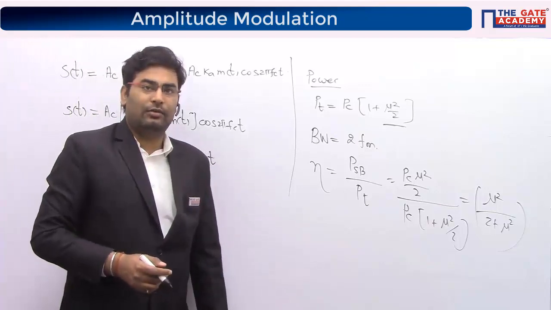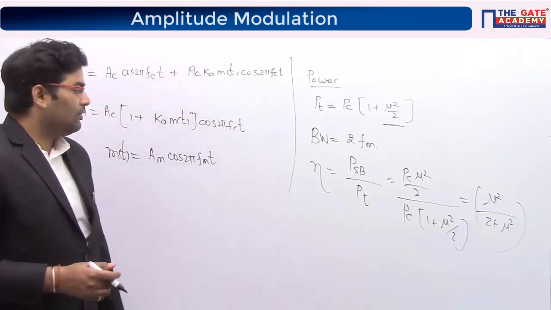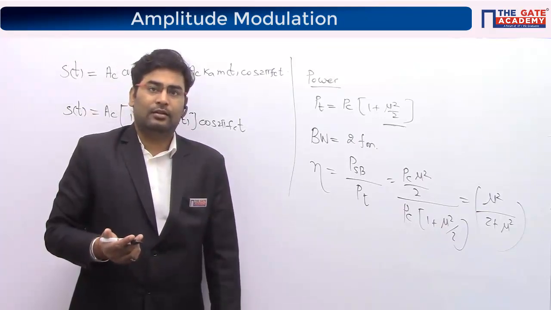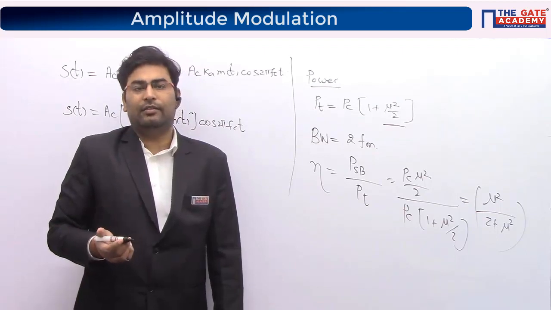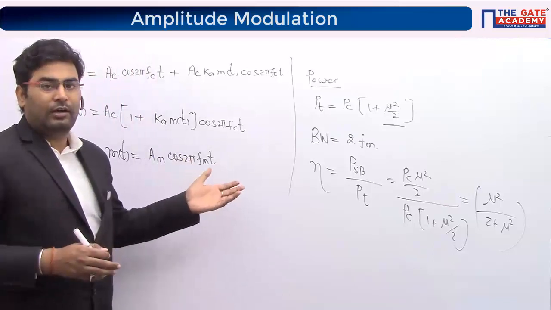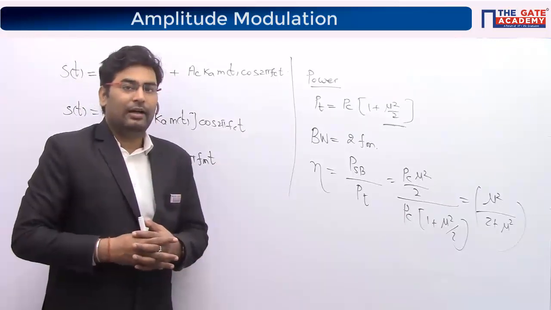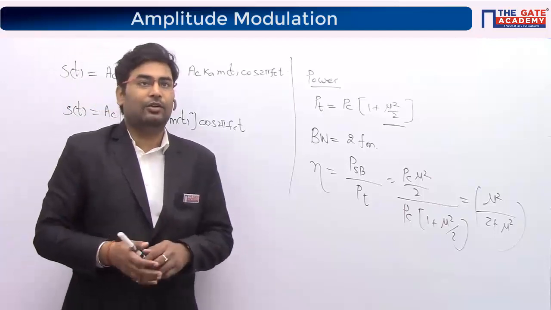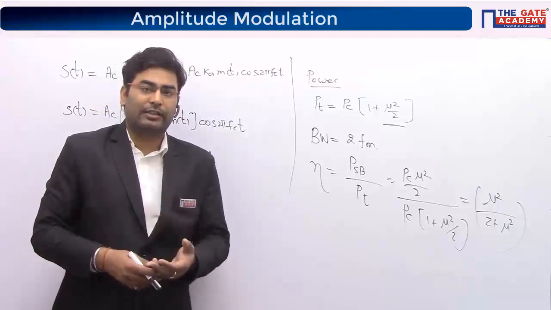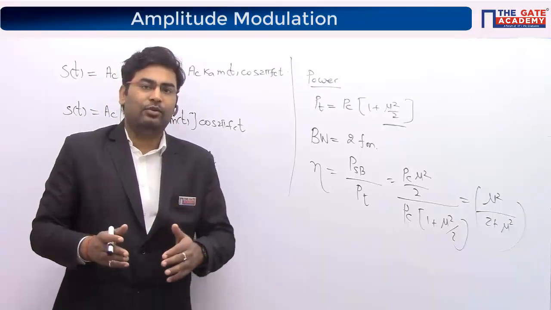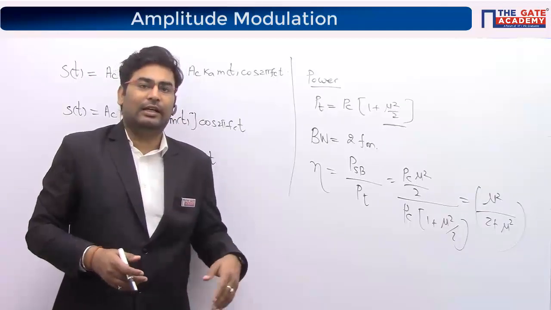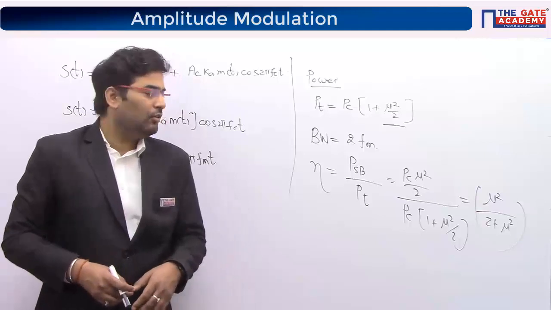I guess I also solved one question. That's what I recall. So guys, today's class agenda: today we'll see how we can use multi-tone modulation of AM, how we can take more than one frequency. After that, we'll do generation of AM signal, which I have mentioned on the top. So how we can generate AM signal, how we can do demodulation, and then we quickly go from AM to double sideband suppressed carrier. And if time permits, we can also cover single sideband. But it depends on how we go in the class today.